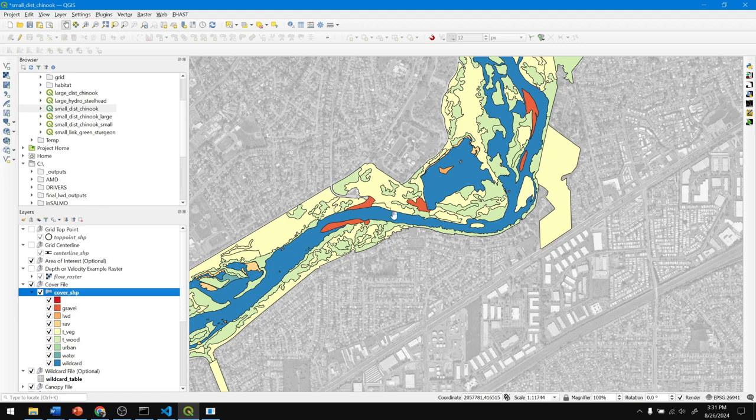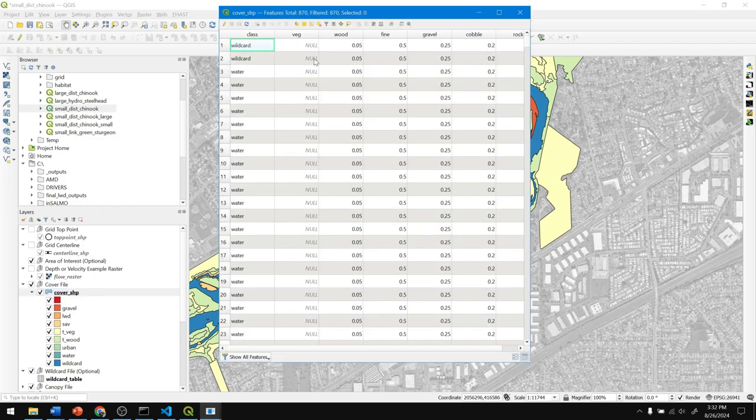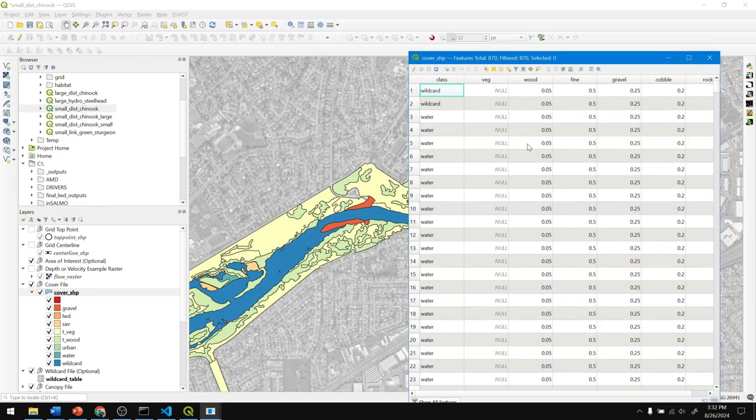Okay, so we're going to start showing how you can manipulate these shapefiles. The first way is actually not doing anything in the shapefile itself. It's using this wildcard file we were talking about earlier, adding and taking out columns from. So inside your shapefile, let's open this up. If you open your attributes table, you'll see that